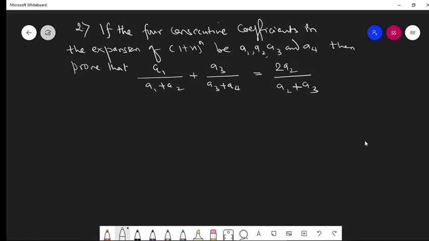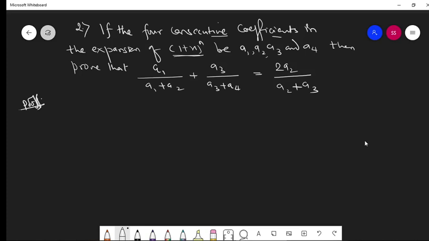If the four consecutive coefficients a1, a2, a3, a4 are the consecutive coefficients in the expansion of this, then we have to prove a1 by (a1 plus a2) plus a3 by (a3 plus a4) equal to a2 by (a2 plus a3). Now proof,